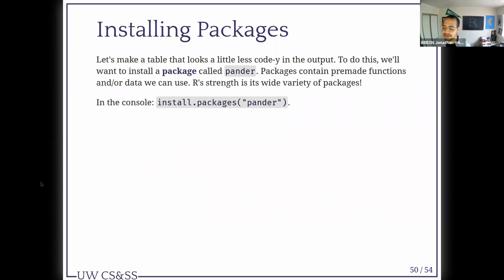A note about installing packages. Let's make a table that looks a little less codey in the output. To do this, we'll want to install a package called Pander. Packages contain pre-made functions and or data we can use. R's strength is in its wide variety of packages. In the console, we're going to type install.packages, and Pander is going to be our only argument. It's going to be in quotes.